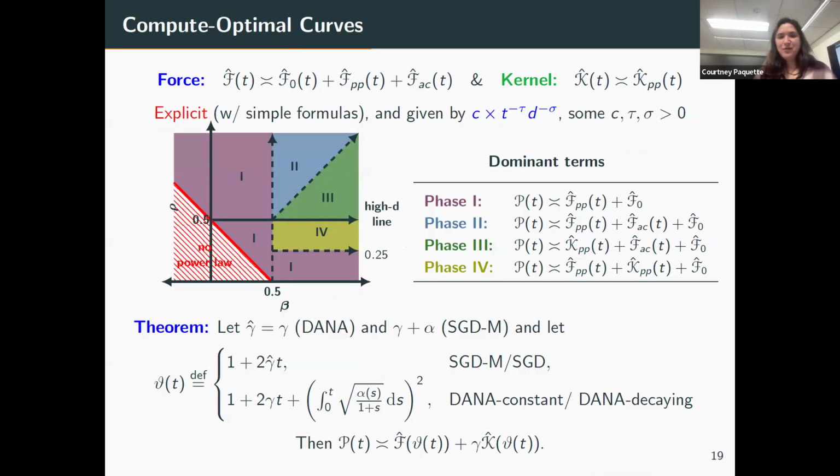The idea? Cool. And then like I said, it's just a time change. So to get your loss, you just plug in that time change. So it's actually quite nice overall. There's only a time change.